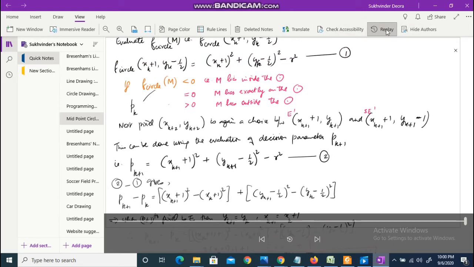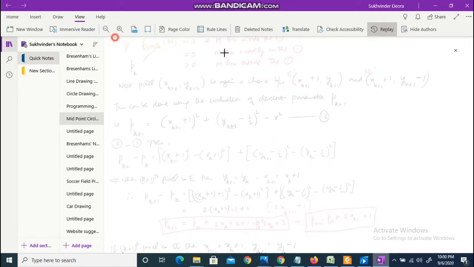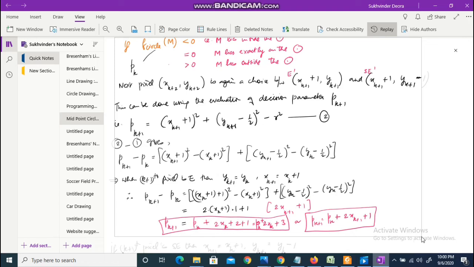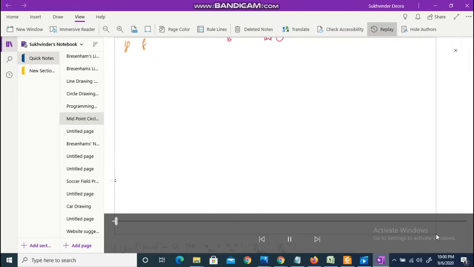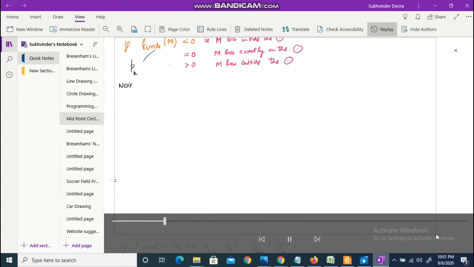Now out of these points we can choose. अगर m लेस देन 0 है तो हम जो है अंदर की तरफ पॉइंट m है, तो इसका मतलब हमें बाहर का पॉइंट e जो है उसे प्लॉट करना चाहिए. अगर हमारा f ऑफ सर्कल जो है वो इक्वल टू 0 आ जाता है, तो हमें कोई भी दोनों में से कोई भी पॉइंट आप चुन सकते हैं. आप ईस्टर्न पिक्सल चुन लें या साउथ ईस्टर्न पिक्सल चुन लें, और अगर m ग्रेटर देन 0 आता है तो उस केस में आपको पास वाला साउथ ईस्टर्न पिक्सल उसको प्लॉट करना चाहिए. So this becomes the decision parameter pk.